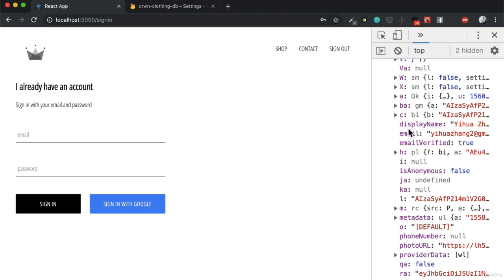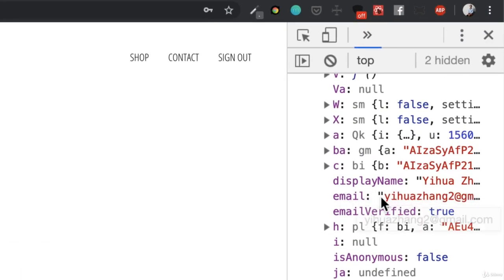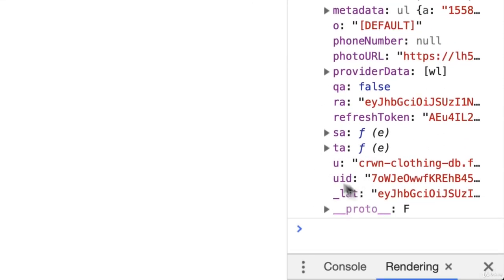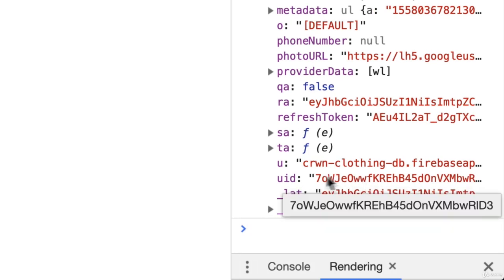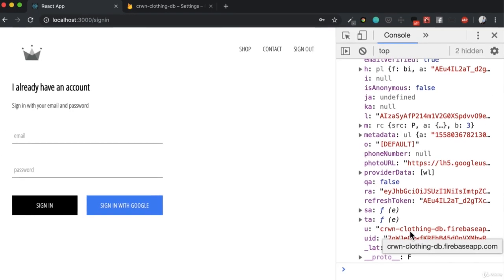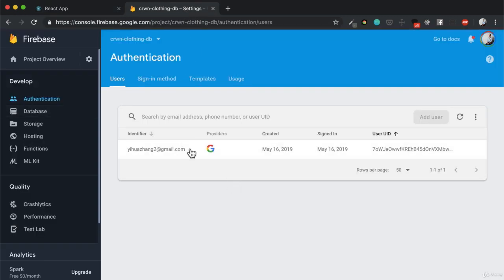In fact, the only things that we really need in our application are this display name, this email, and possibly maybe a phone number, right? But the most important thing is this UID. This UID represents the dynamically generated ID string that Google made for us when we authenticated this user using the Google sign-in. In fact, if we go into our authentication and we look at our user, inside of our auth